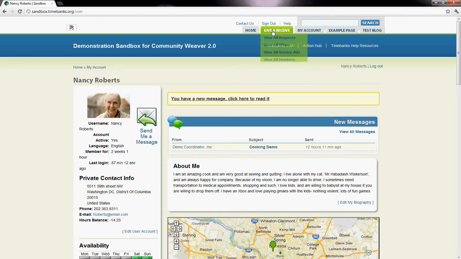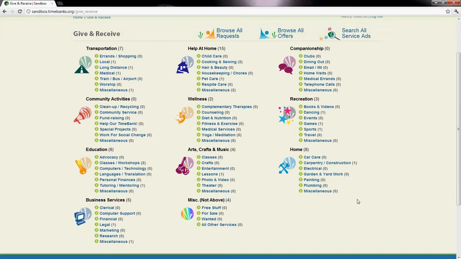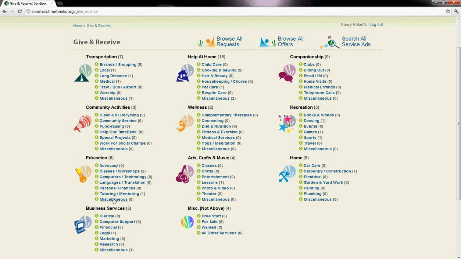Let's go ahead and just click right on the tab itself on Give and Receive. And what we're going to see here is basically what we call a community asset catalog. It shows you at a glance all the different categories that a service is going to be offered under and how many are available under each. So these are both needs and